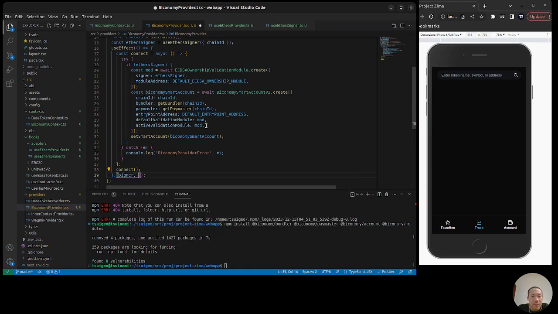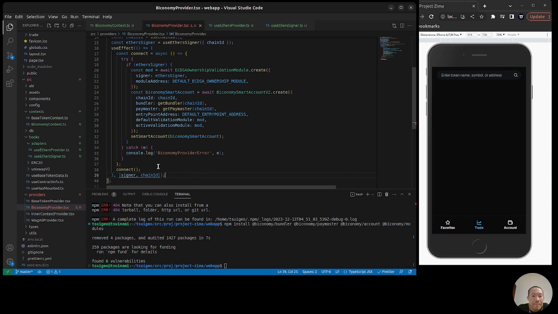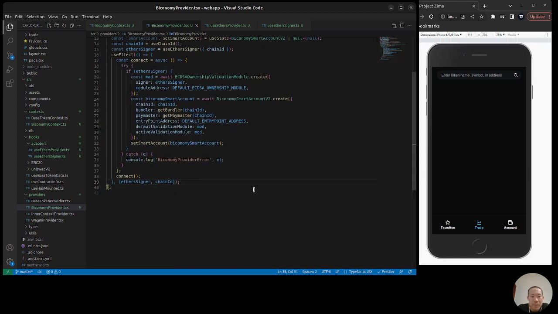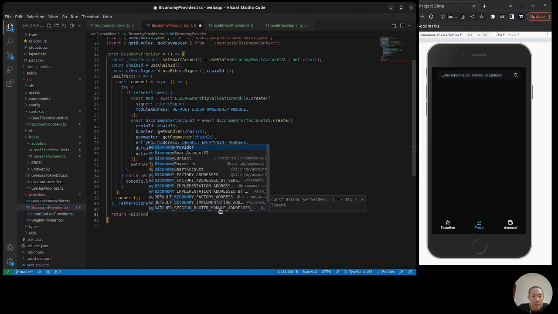Anytime the signer changes or chain ID changes. Sorry, not signer, ethersSigner. And yeah, that looks pretty good. Let's give it a little bit more space. That looks pretty good. And then the last thing I want to do is return our Biconomy